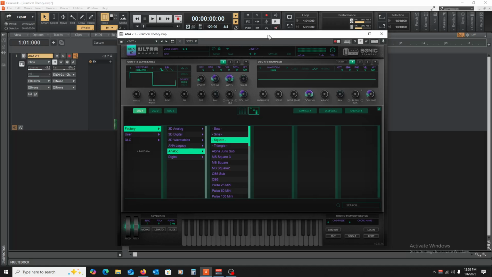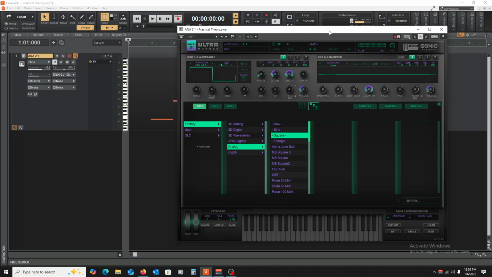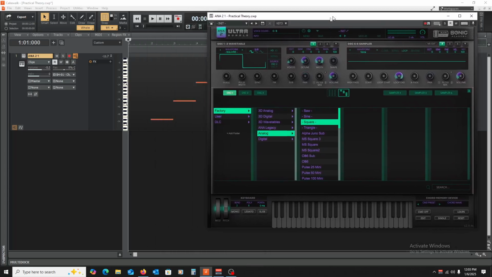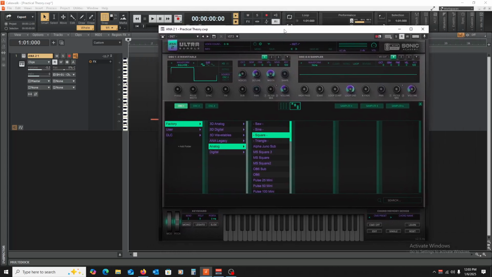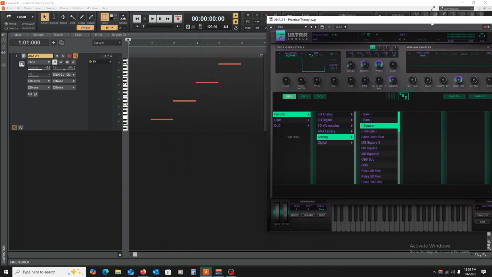All right. And so that has a little bit of harshness to it as well, sort of like the saw. To me, it kind of reminds me of 8-bit video games, old school 80s video games, with that kind of tonality, if you will. But you can hear it's got a little bit of grit and griminess, not as much as a saw, but more than a sine, for instance. And so that's what a square wave sounds like.